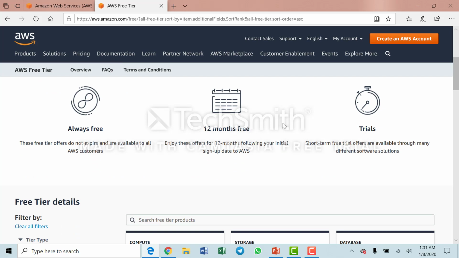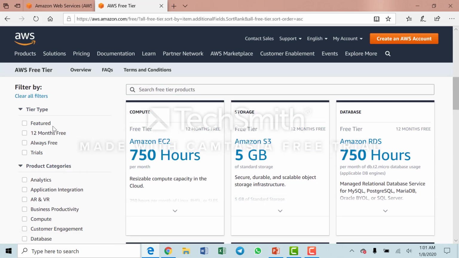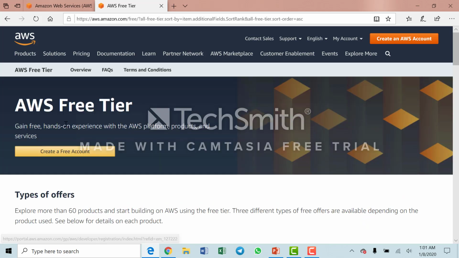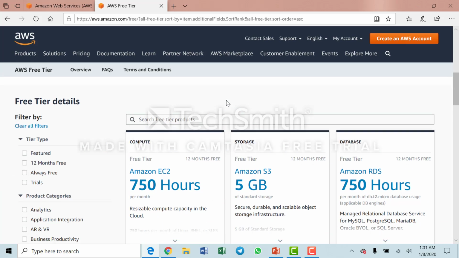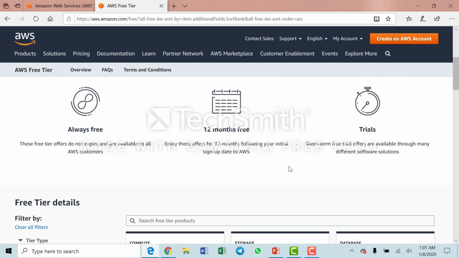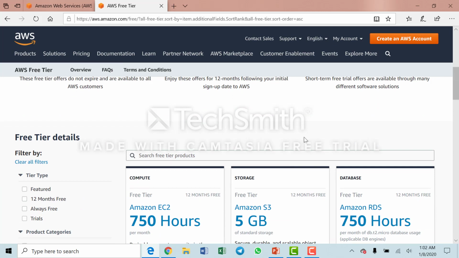Again, there are conditions applied. Which service is available, and for how much time it is free, these details will be available in this particular page, AWS Free Tier. There are a lot of conditions here, so we need to be very careful to ensure that we are not billed. For creating the account, you start with create an AWS account, and then